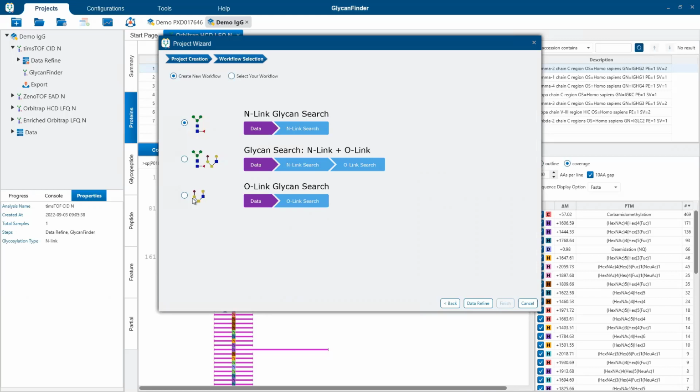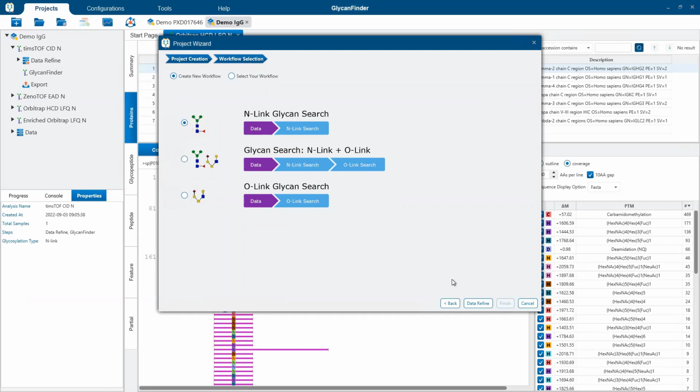If you are looking for O-linked glycosylations in a sample where you expect to find both, we do recommend doing the N-linked followed by O-linked search. So what this does is it first searches for N-linked peptides, which require less of a search space because of the reasons we talked about in the slides. So basically what you're doing is you're first storing all the spectra that we know are matched to N-linked peptides so that we limit the search space for our O-linked search, which requires a much larger search space.